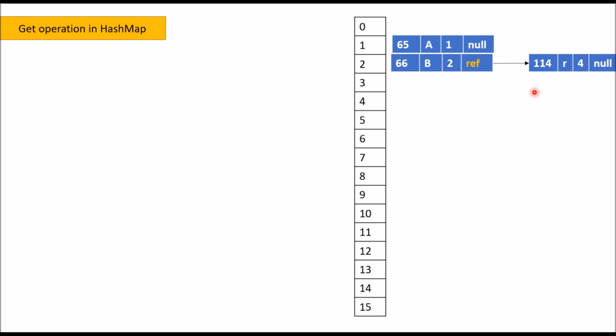In case of get operation, hm.getA, that is, we are passing the key in the get method. So what are the steps going to happen behind the scene? First step would be calculation of hash code from the key. Again we will use same hash function.